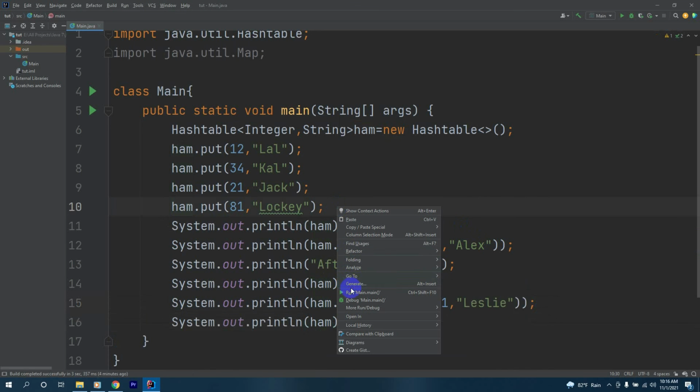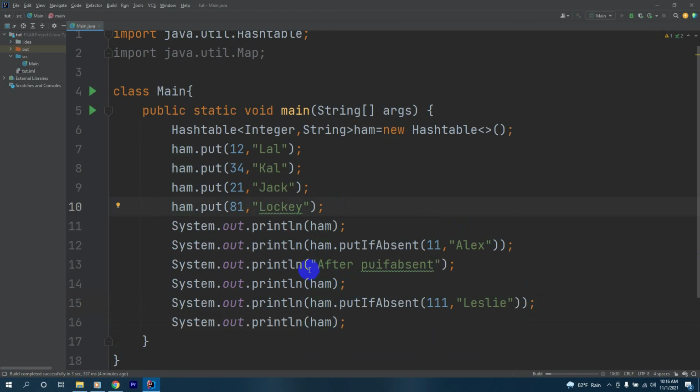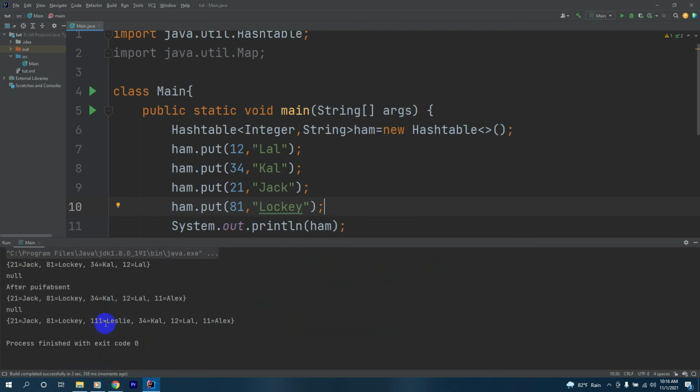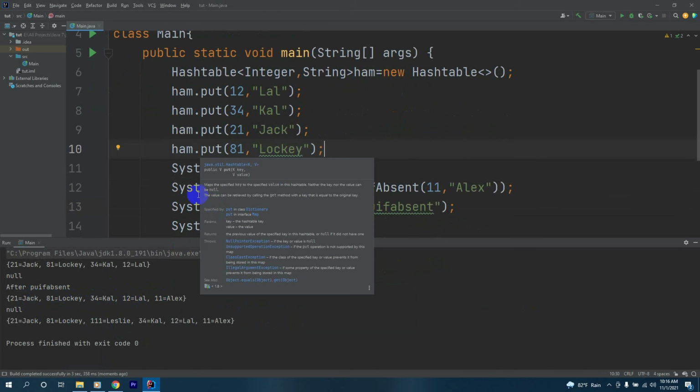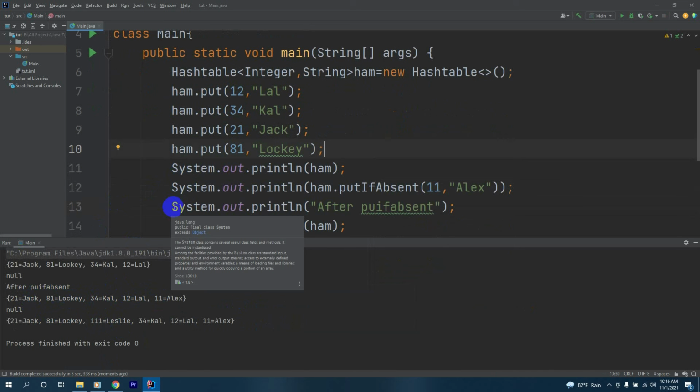Let's check the output. Now first of all, we got after putIfAbsent 21 Jack, 81 Loki, 34 Carl, 12 Lal and a new value Alex printed. This happened because the key value pair 11 Alex didn't exist. So the putIfAbsent method initialized our 11 Alex inside our Hashtable.